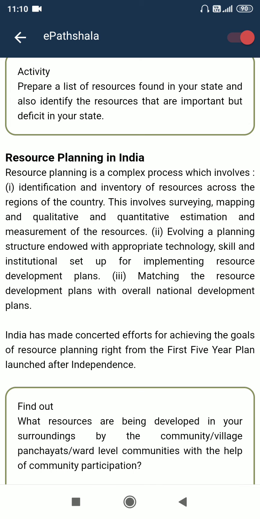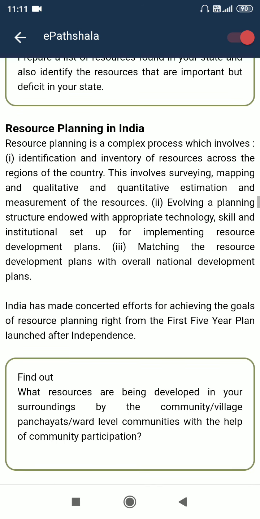Evolving a planning structure enduring with appropriate technology, skills, and institutional setup for implementing resource development plan. Matching the resource development plan with overall national development plan. India has made concerted efforts for achieving the goal of resource planning right from the first 5-year plan launched after